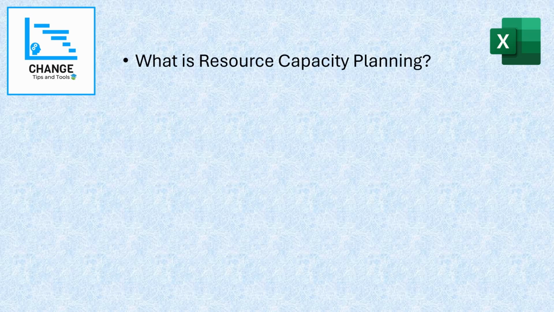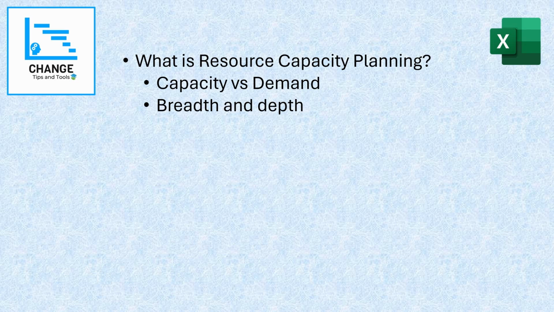Now, resource capacity planning in project management is the process of determining the number of resources you're expected to require to meet the project needs. In other words, it's about forecasting the gap between available resources and the required ones, i.e. capacity versus demand. In fact, if capacity is done well, it will ensure that the breadth, depth, caliber and team